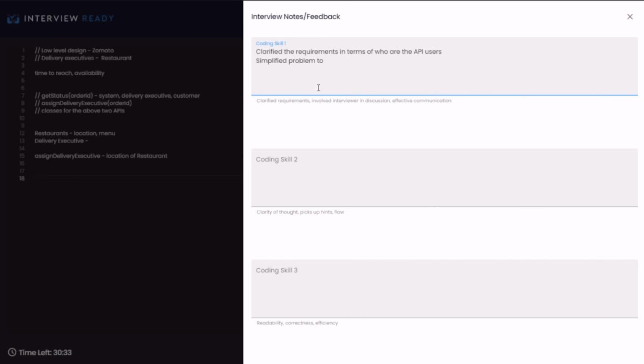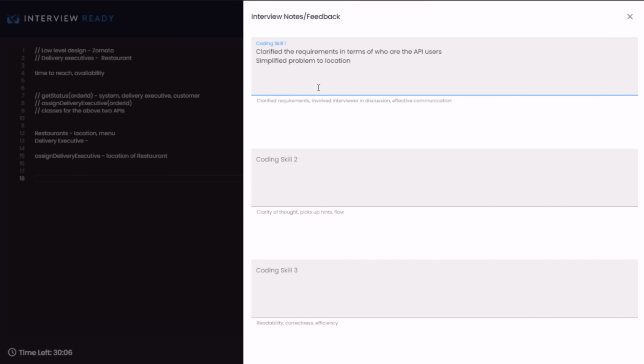I would prefer the first person, whoever is nearest. And if the person doesn't accept it within some time duration, like 10 seconds or half a minute, then it is assigned to someone else. 10 seconds would be very less, like 1 or 2 minutes. And then assigned to the next person. Which makes sense, because these executives are our employees. They are not like in Uber, where there's a third party and they may or may not accept. Okay, cool. That sounds good.